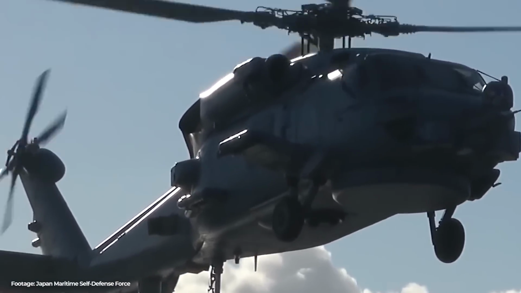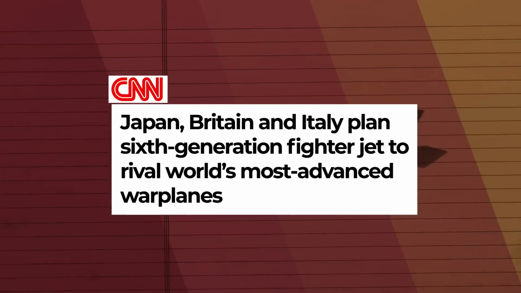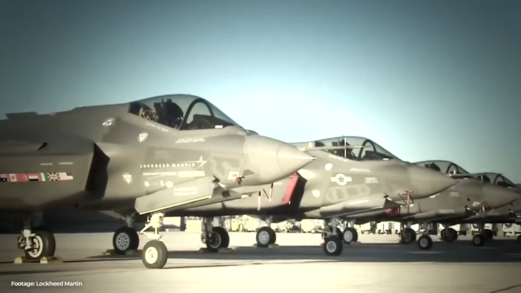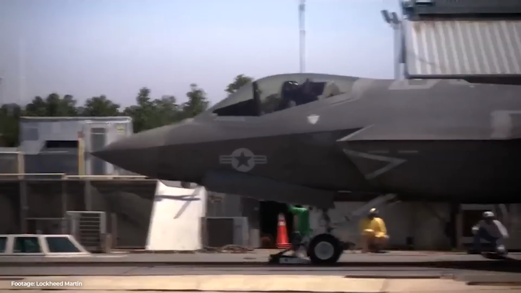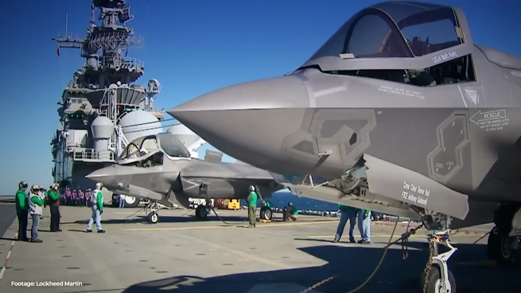And that is not all. This news item has recently come to light. Japan, Britain, and Italy plan 6th-generation fighter jet to rival world's most advanced warplanes. Japan, the United Kingdom, and Italy will jointly develop, with US backing, a state-of-the-art fighter jet to complement their F-35 fleets and far surpass the military capabilities of China and Russia. This is the objective that these three countries have made public, an agreement that could soon be joined by more